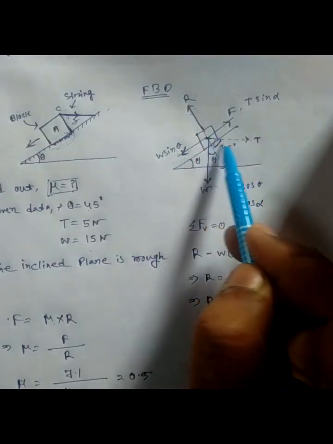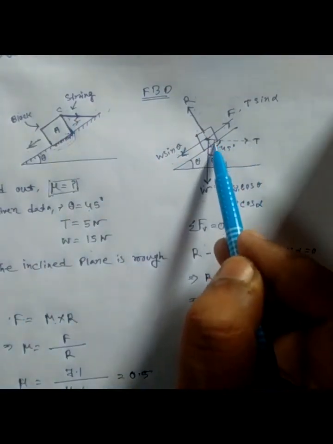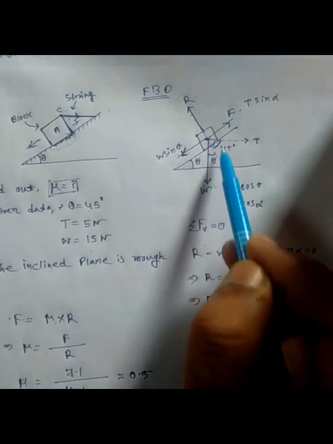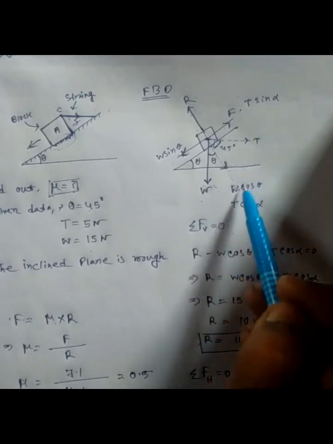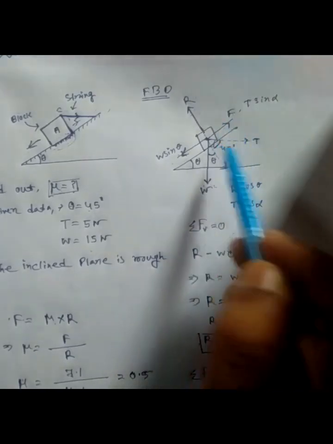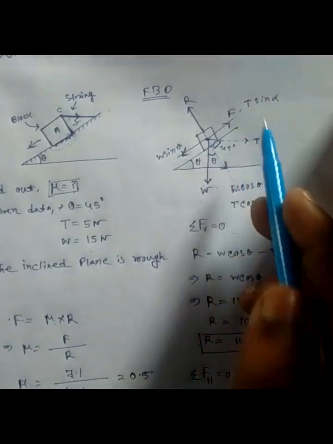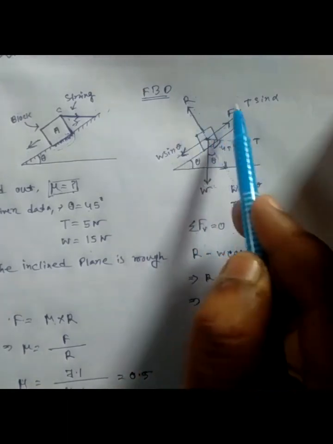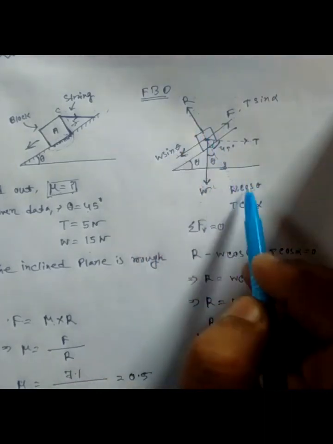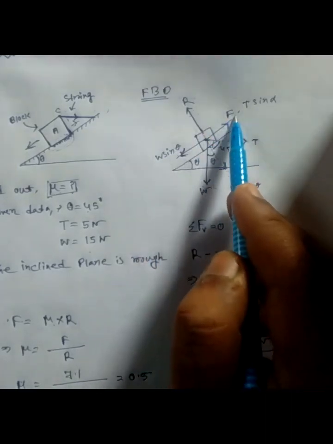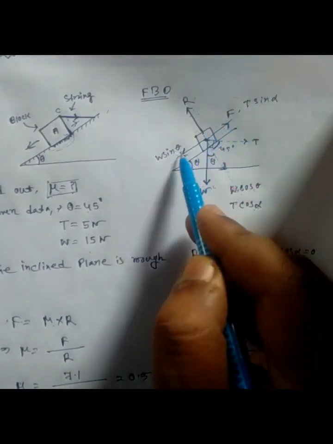Another is the tension force. This tension force acts on the body at the center of mass, and the total angle is 90 degrees, so the half angle is 45 degrees. The tension force again has two components, one vertical and another horizontal. The vertical component is T cos alpha, and the horizontal component is T sin alpha. So we know the reaction force is W cos theta and T cos alpha. Three types of force act in the vertical direction. And frictional force, tension T sin alpha, and W sin theta: three types of force act in the horizontal